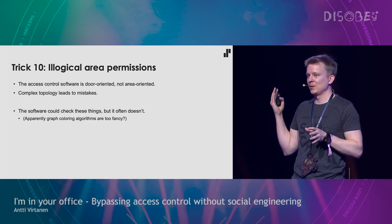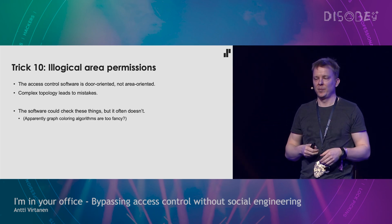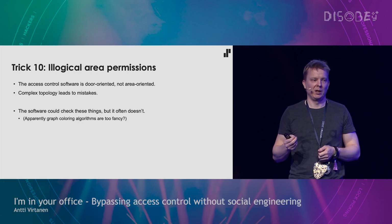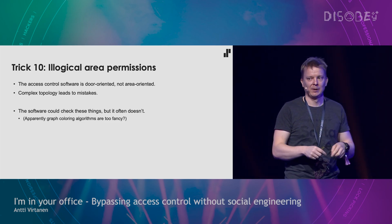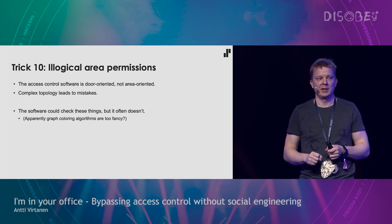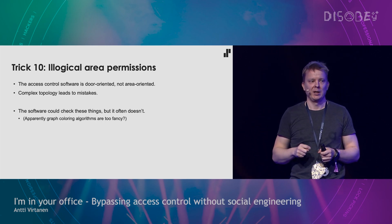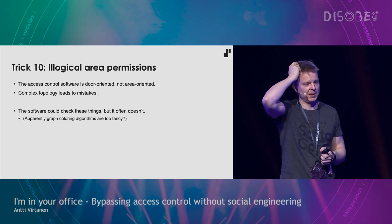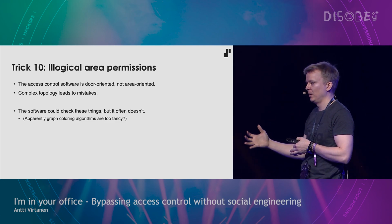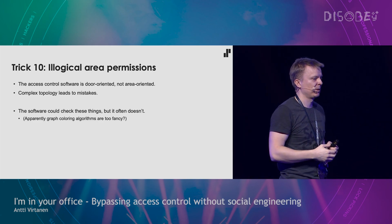This is also a nice story. I was behind the door, and I really wanted to go to the other side, but I didn't have access permissions to go through the door. So I went through every possible path. I went upstairs, I went downstairs, and searched for every possible door. And eventually I found a way to walk through other doors to get behind that one door. And then I started thinking, like, how is this possible? How could this happen? Because the system could easily check that the access permissions are illogical and don't make any sense. But it happens because the software